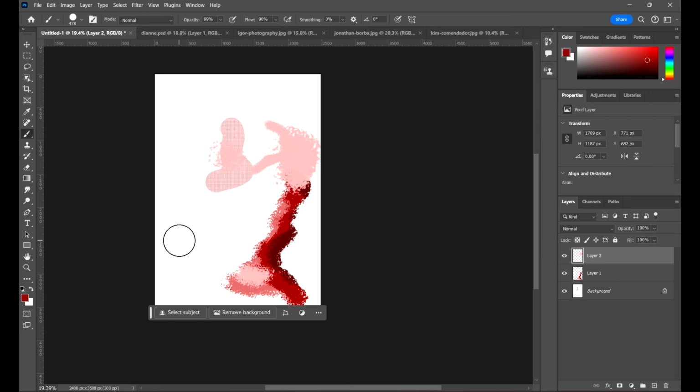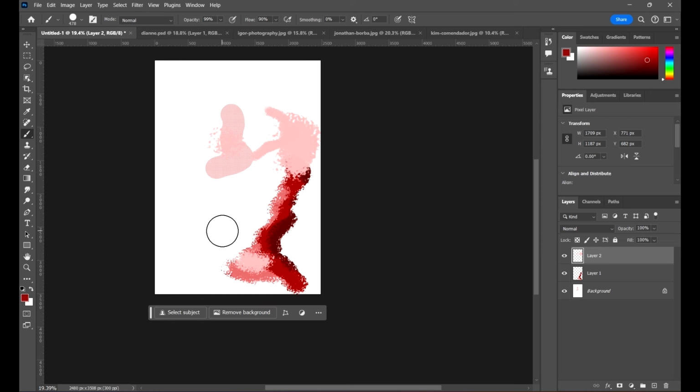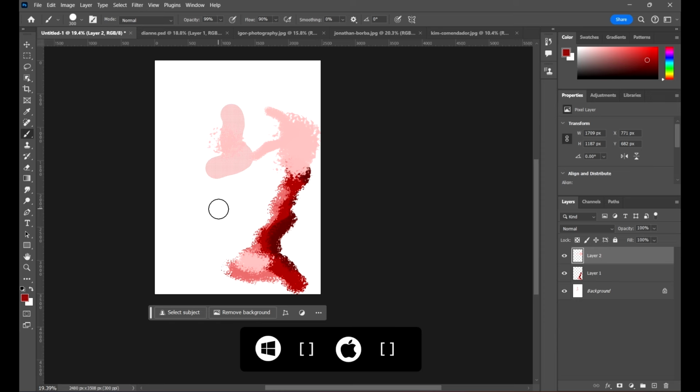Okay, now we also have some other shortcuts that are related to our brush tool, which we can use to also increase or reduce our size. Now that's the left and right square bracket keys. So the left square bracket key for reducing the size of our brush, then the right one for increasing the